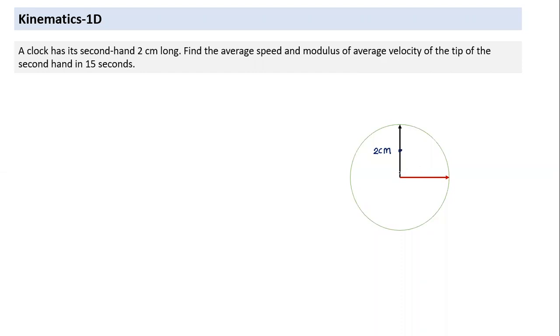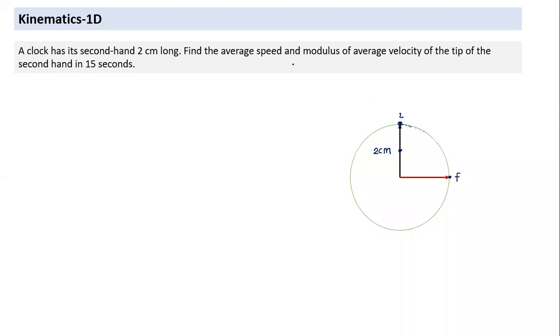But we are not interested in different parts of the second hand. We are only interested in the motion of the tip. So the tip has followed this path, and this was my initial position, and the tip of the second hand has moved to this final position. These are the two points I'm interested in. All cases of motion in one dimension, later on also, relate to the motion of a point object or a point-like object. So here also this point moves from here to here.